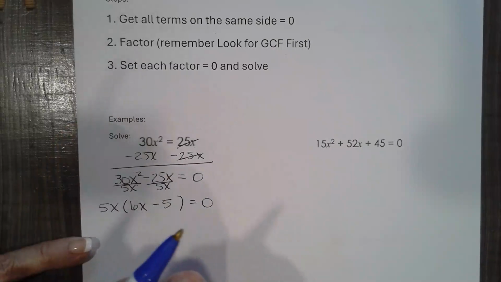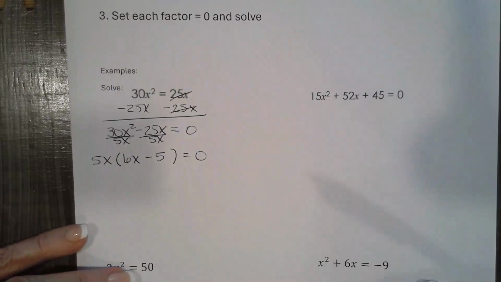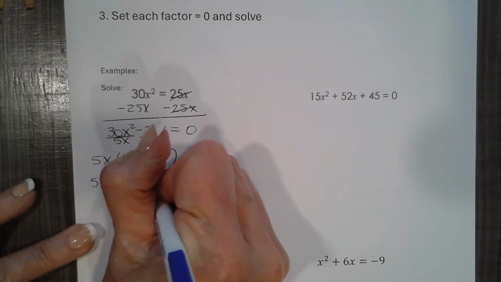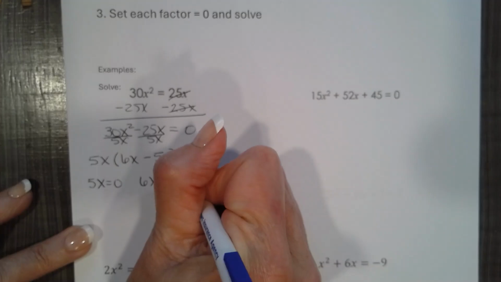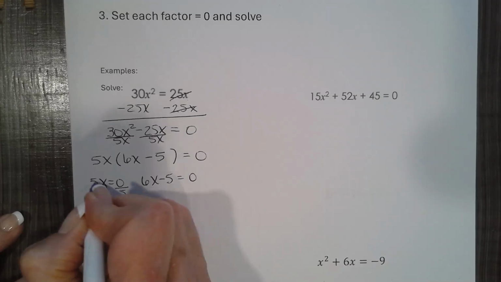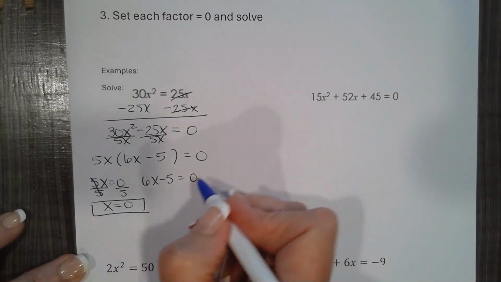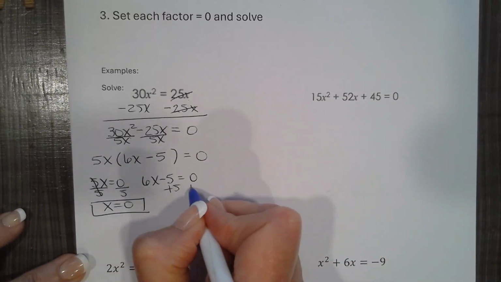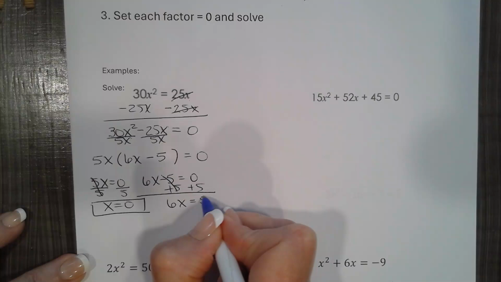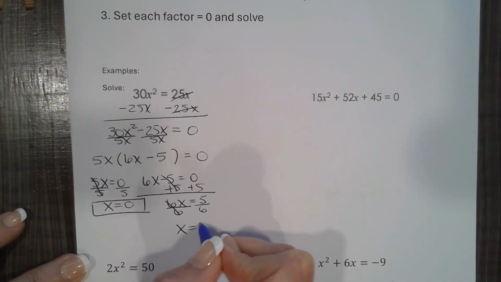Okay? Now I set each factor equal to 0, and I'm going to solve it. Remember that 5x is a factor, so we're going to set 5x equal to 0. We're going to set 6x minus 5 equal to 0. Here, I divide both sides by 5, and I get x equals 0. Here I'm going to add 5 to both sides, and I get 6x equals 5. My last step is to divide by 6, so I have x equals